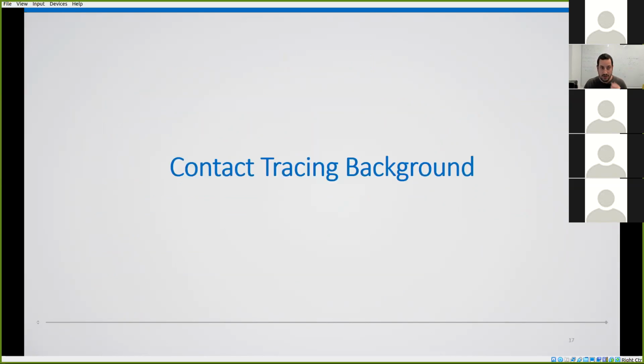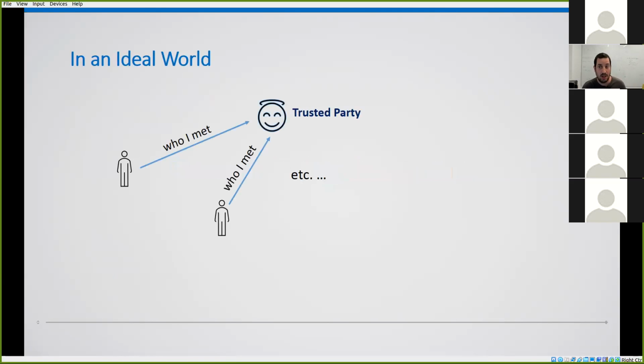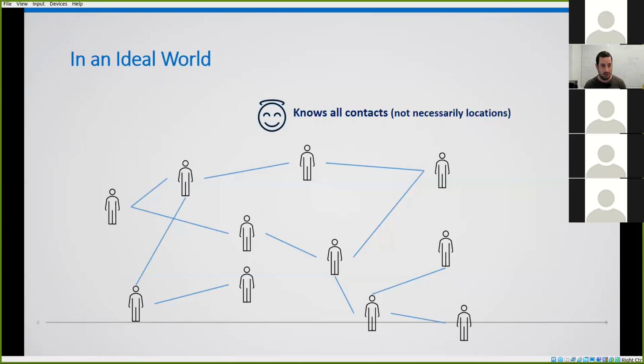Okay, so we'll give some background about how we can do this contact tracing. And again, because we're people that try at least to do cryptography, we like to model things with an ideal functionality. In an ideal world, we have a trusted third party that knows it all, and every user can give the information of who they have met to this trusted party. This trusted party knows all of the contacts that were made by different people, all of this contact graph that we've mentioned before. It doesn't necessarily know the locations, but it knows the graph. And then some person is identified as COVID-19 positive, and you can notify